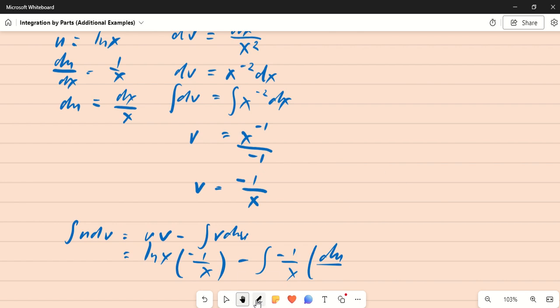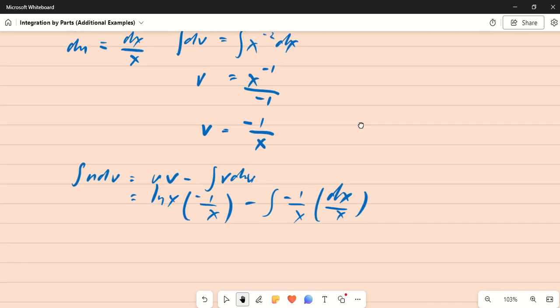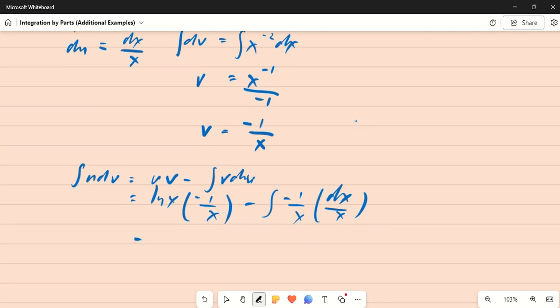that's du, we need to erase this part. Okay, we erase this part. We're going to write du, and that is dx all over x. Okay, now simplifying further, we now have your negative ln of x